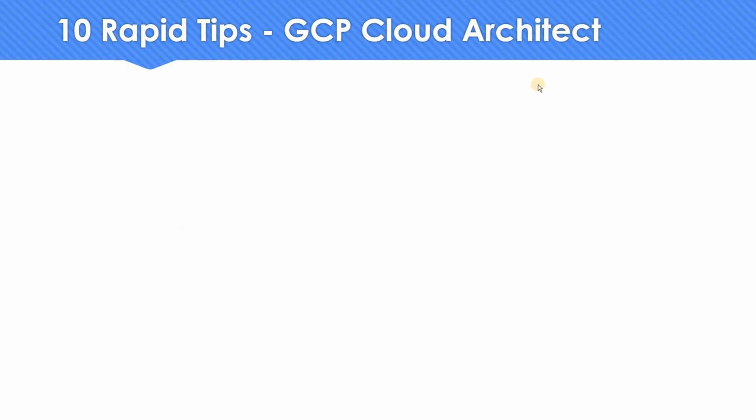Let's look into the first tip. The first tip is basically on the G-Cloud equivalent. In most of my videos, I usually emphasize the command line equivalent for every resource because this is very important from an exam perspective and also when you become a cloud architect. Today's tip is how to make a virtual machine preemptible. What is the G-Cloud equivalent of it? Let's look into that in a small demo.